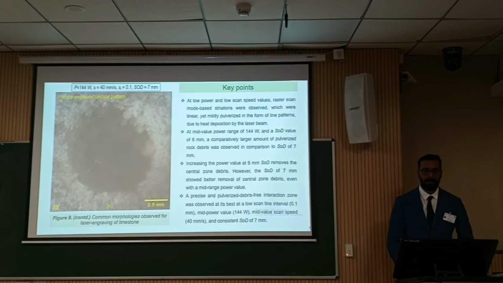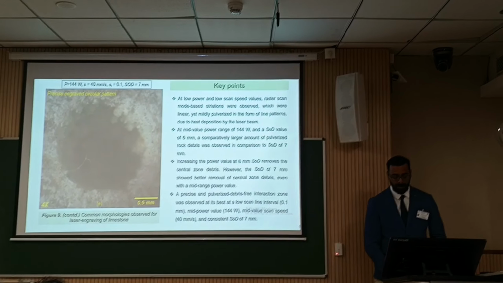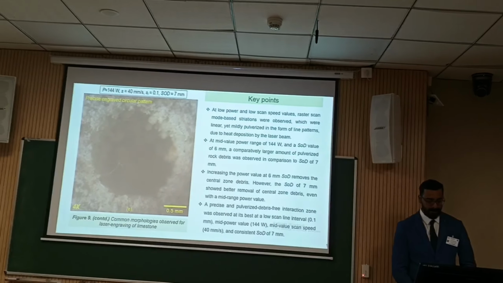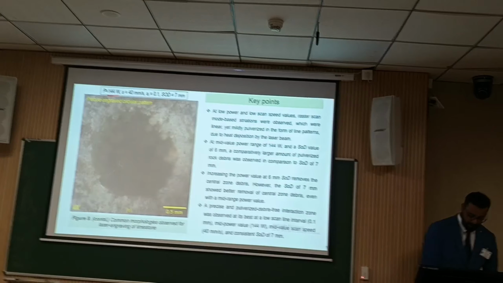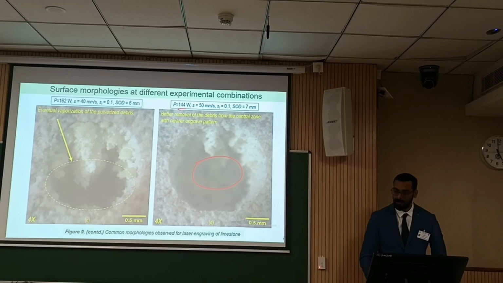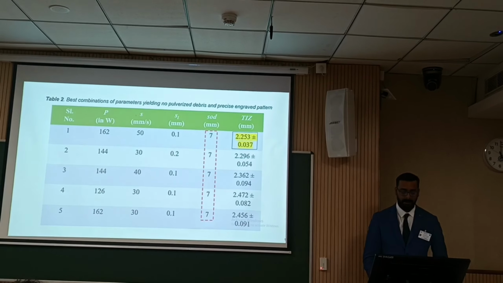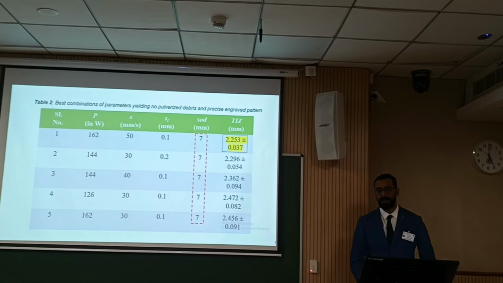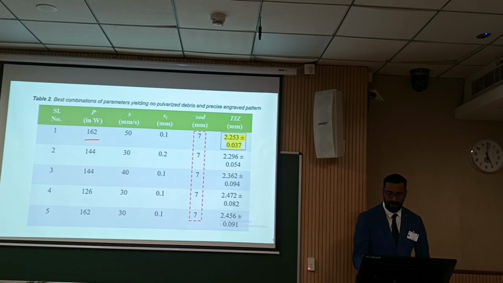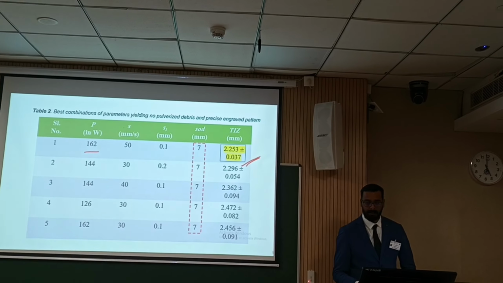When we increased the power value as well as the SOD value to 7 mm, we found that the material removal was better from the central zone, and at mid power range value of 7 mm, as we can see in these images, we had better removal of the material from the center. So, presenting my best combinations of the parametric values, where I found better material removal or the cleaner engrave patterns. At this first combination we had the minimum value of thermally influenced zone amongst all the 81 experiments,